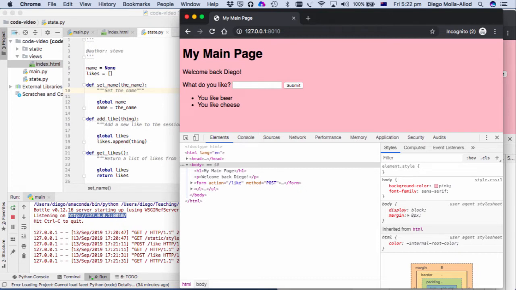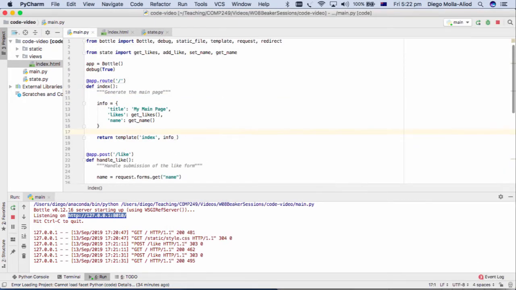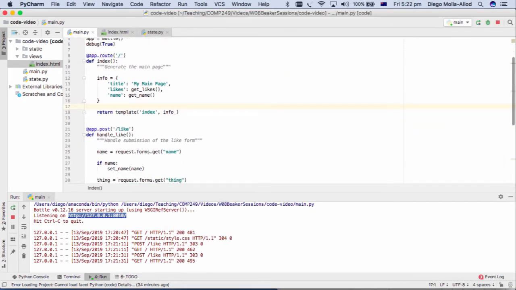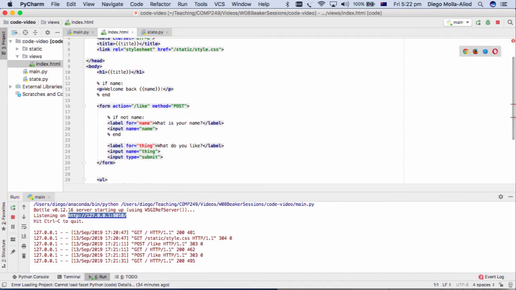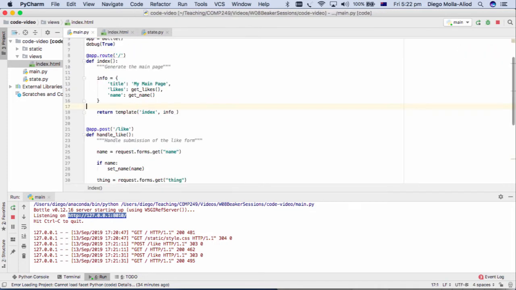The function is called to main.py. It's going to return a template. That template is index.html. This contains a form, and this form is going to ask for your name if it is not defined. So if it wasn't defined, it asks what is your name, and then the like. Okay, so that information